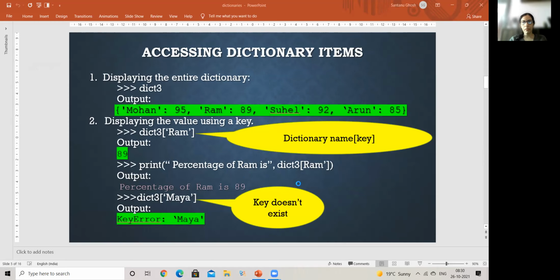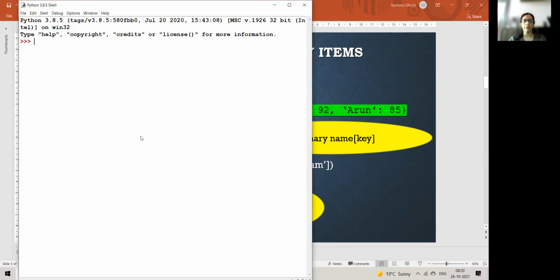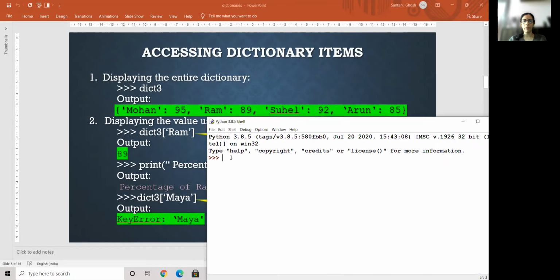I just give any other variable name and the contents are displayed. So if I quickly show it to you again, if I say A is equal to 10 and I want to see the content of this identifier, I just simply on the shell can give the name of the identifier and I'll get the output of the content. If I use a print statement also, I can get it.